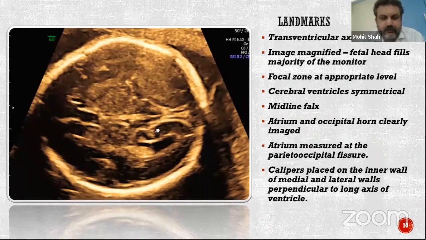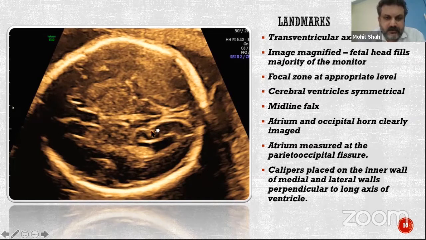Well, first of all, we need to get the head in a correct axial section. And you will know it's a perfect axial section when you see there's a symmetry between the hemispheres. So we would like to measure the ventricle which is far away from the transducer, because obviously the near one gets obliterated by the bone shadow. Once you've done that, I would like to zoom the image. I like to zoom the image to one hemisphere of it so that it really stands out. And then you identify